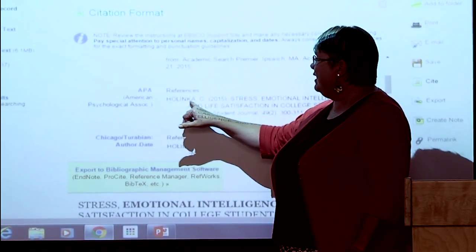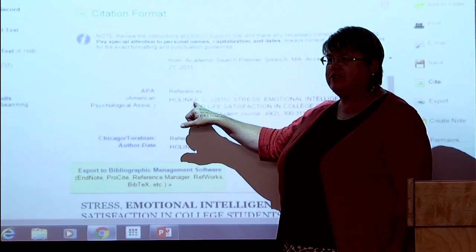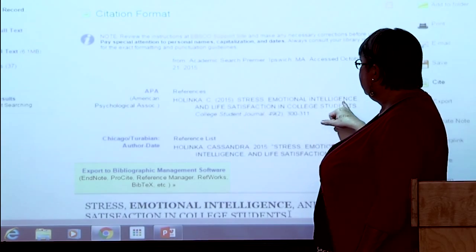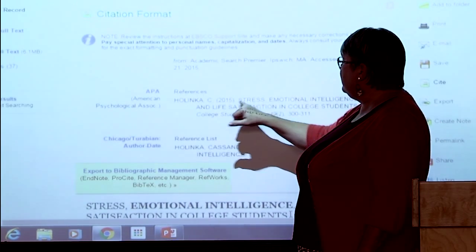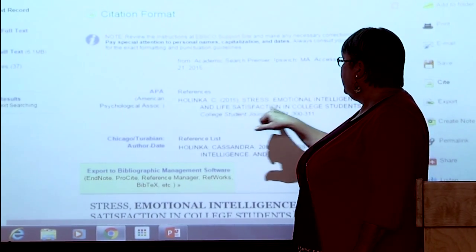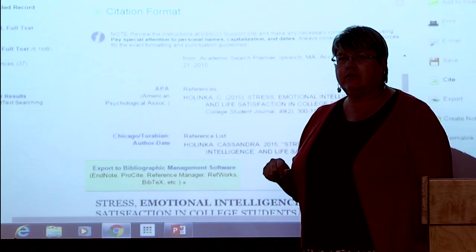So we've got right here on the last name, only the first initial is capitalized. Here, same thing. On the title of an article, only the first letter of that title is capitalized, or if there were any proper nouns in there.